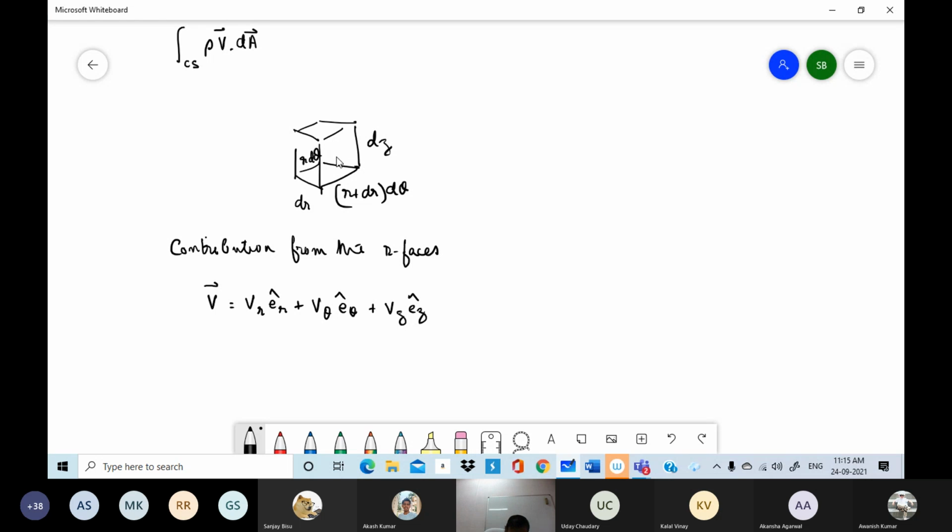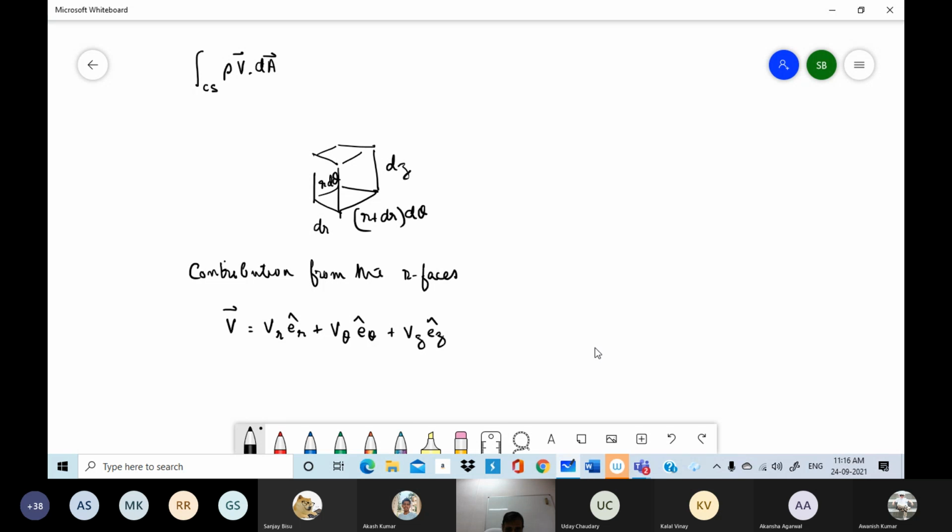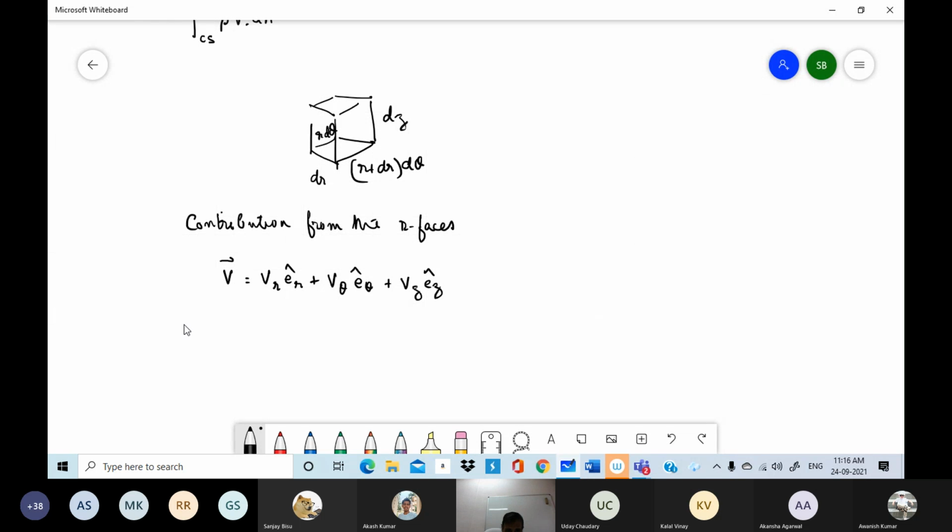The unit normal at r plus dr is in the positive r direction, and at r the outward normal to the volume is in the negative direction. So I'll get a positive contribution to the mass outflow. This is the rate at which mass flows out. So that has a positive contribution from this face and a negative contribution from this face. So the contribution from the r faces would be equal to